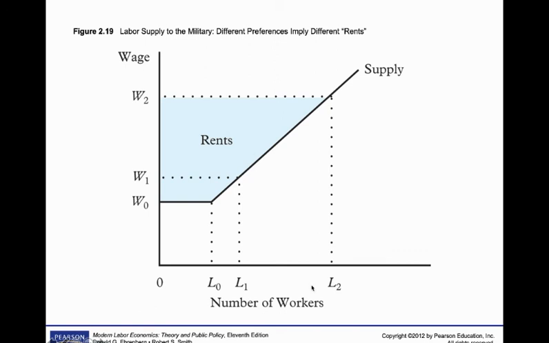I think that's all for this time. We have discussed the labor demand curve and the labor supply curve. We have seen various possibilities of the labor market equilibrium, and the changes that can happen in the labor market. And the last one here, we discussed the concept of economic rent in the context of labor economics.